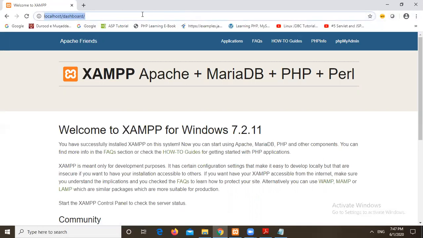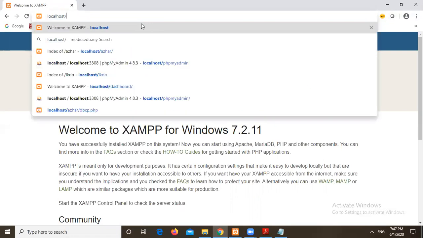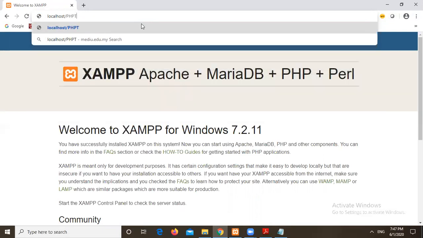Now to run that program, I need to type the folder name. What was the folder name which we have created just now? PHP T, right? In that we saved the file with the name first.php. Now I am executing this. Can you see this? We have successfully executed our PHP program.